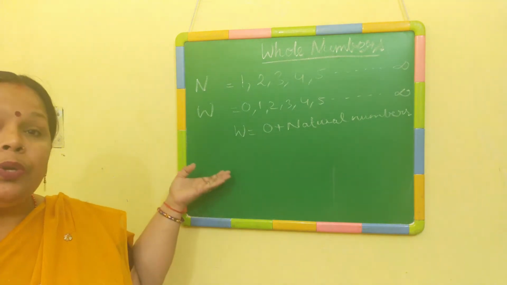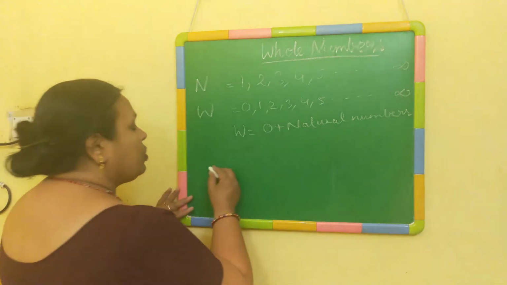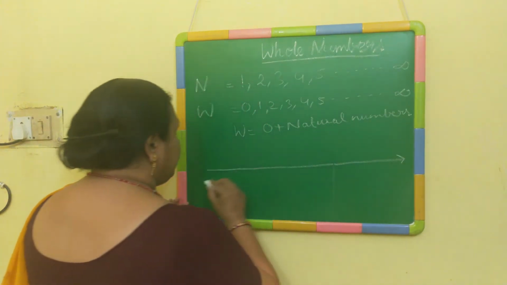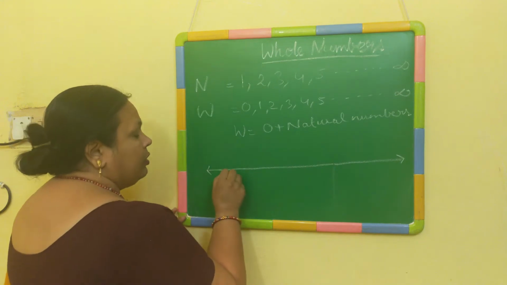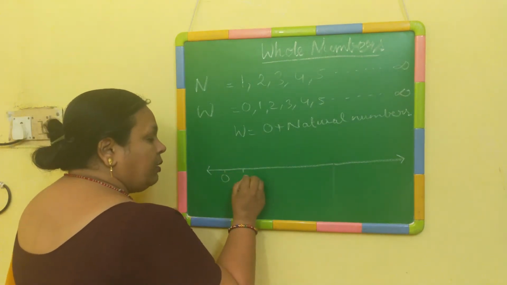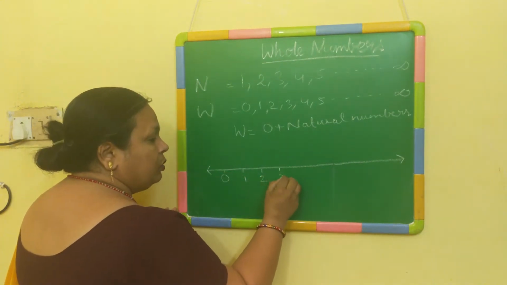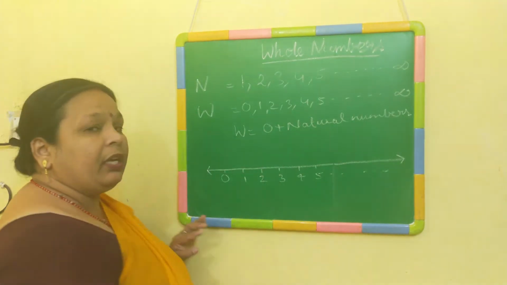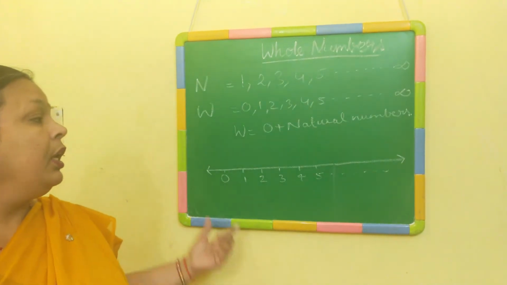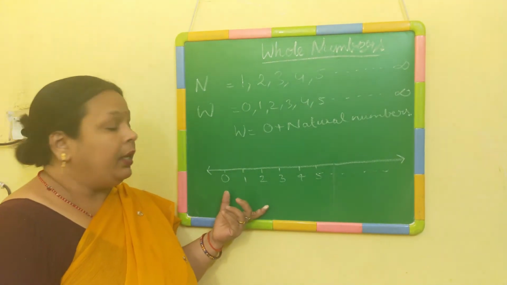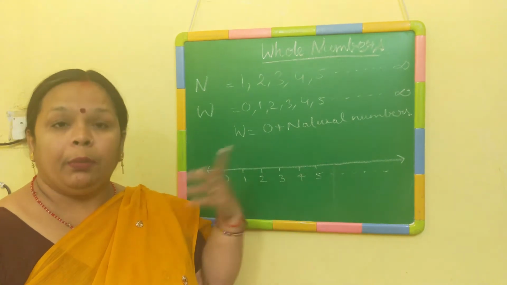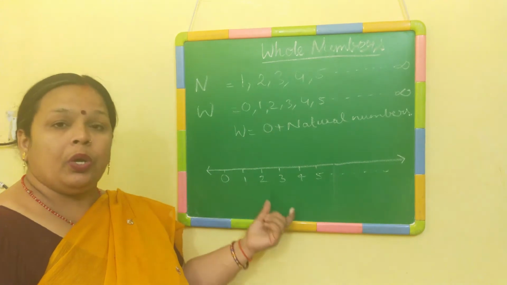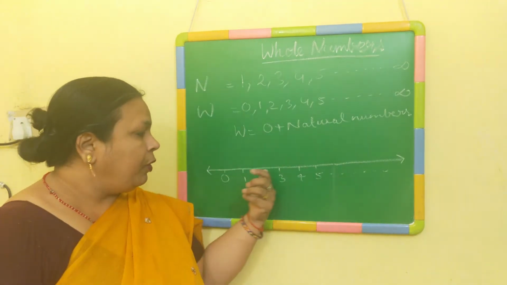Now, we will see how to represent whole numbers on a number line. See, what is a number line? A line consisting of numbers is called a number line. So, this is your 0. Start marking numbers 1, 2, 3, 4, 5. This all keeps on increasing. Now what is important is that on the line the numbers should be equally divided. Unit distance to be maintained. Whatever distance you are taking, it has to be uniform for all.